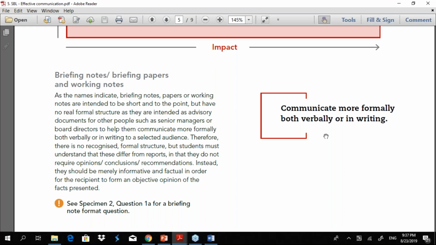So it's very important that you follow those instructions. All right, I'll give you 2-3 minutes to suggest.